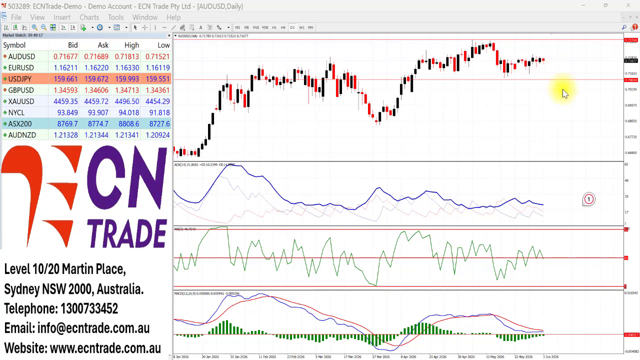give further weakness towards the level of 71.5 or even lower to 70 or 70.85 around this area here, and